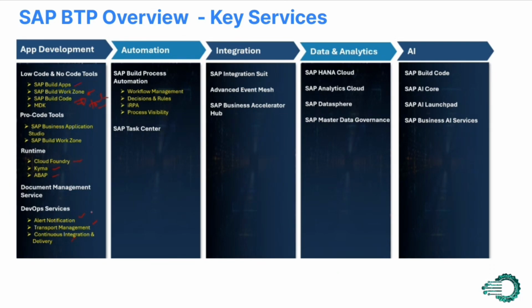Then you also have automation as a pillar. They are selling SAP Build Process Automation as an umbrella where you can develop a workflow. You can create a workflow, and you can also put decision rules on top of it. You can build intelligent RPA, robotic process automation, to automate your regular processes and tasks. You can also view the entire combination of workflows, automations, and business rules in a visual